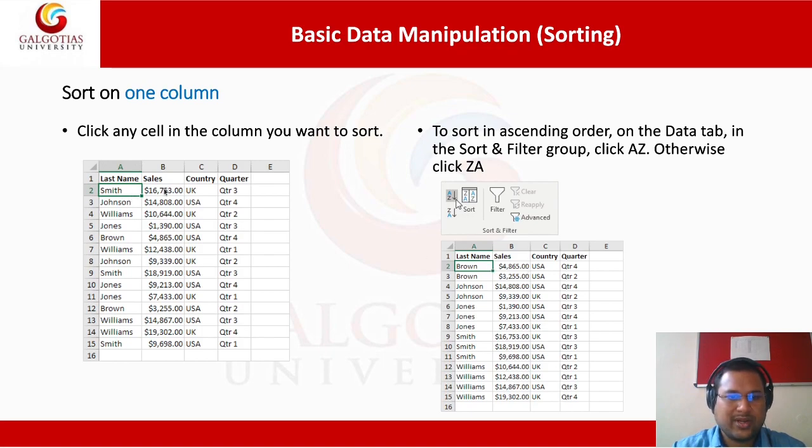Now suppose if you click on this, then it will sort from ascending to descending order according to the sales. Okay,